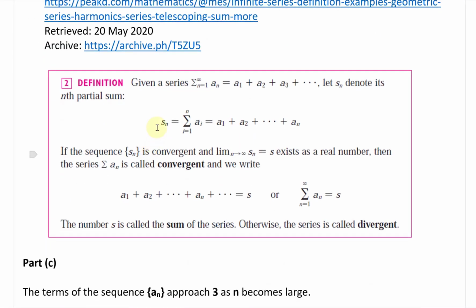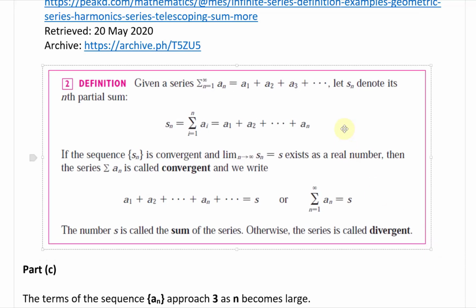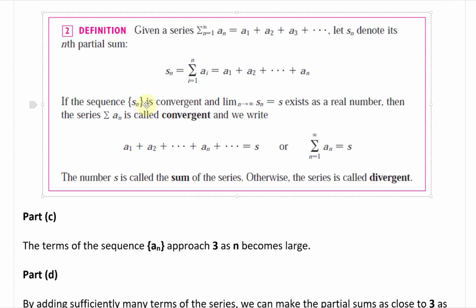So here's the definition. Given a series, the summation from n equals 1 to infinity of an equals a1 plus a2 plus a3, etc. Remember, you're adding, as opposed to just listing the terms a1, a2, a3. Let Sn denote its nth partial sum. Sn equals the summation from i equals 1 to n of ai, equals a1 plus a2 all the way to an. If the sequence Sn, the sequence of the partial sums, is convergent, and the limit as n approaches infinity of Sn equals S exists as a real number,